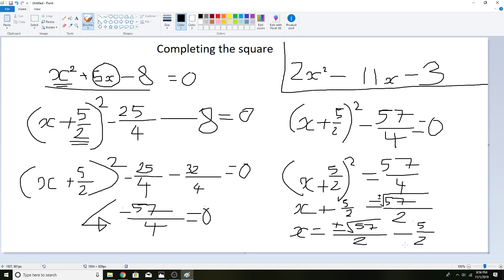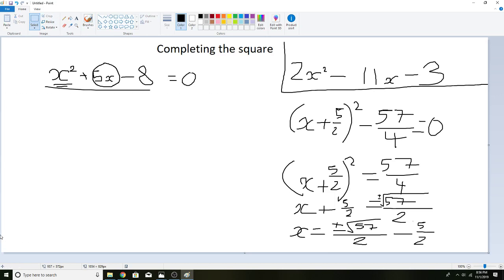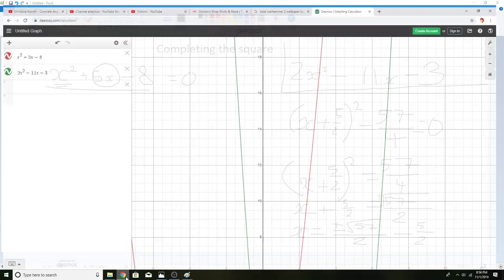So we see there we can find the x, and generally it will be different because we'll have to use the one with plus square root of 57 and another one with minus square root of 57 over 2. So I'm going to have to delete this because I'm running out of room. So if I delete this, if I get my calculator,